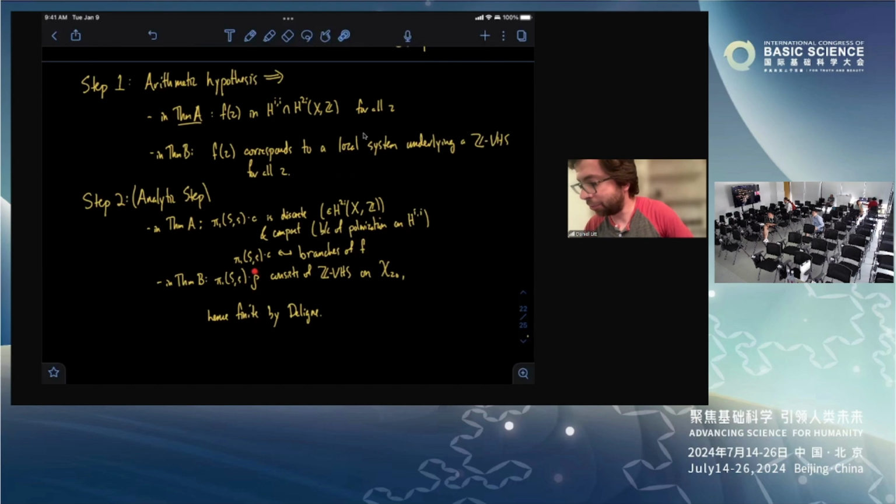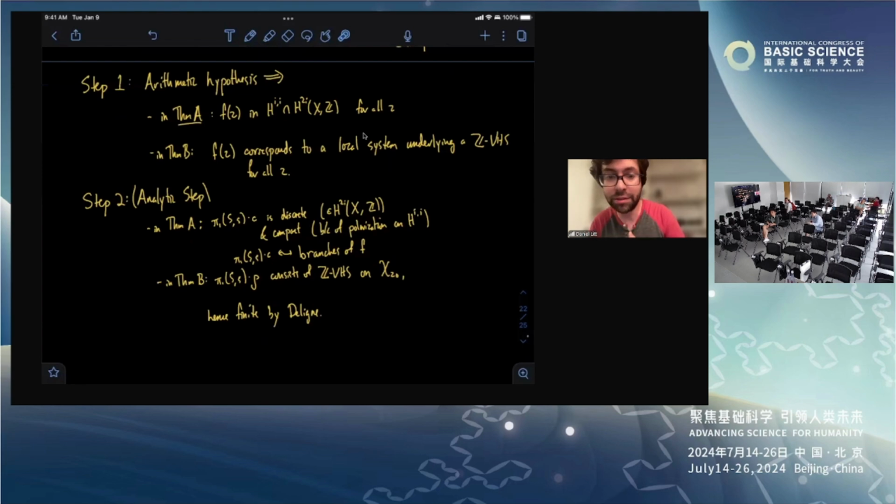So remember, we had a representation rho of pi1 of the fiber of our map. Pi1 of the base acts on that representation, or acts on the set of representations of pi1 of the fiber. And the branches of our function that we're trying to show are finite are exactly the orbit of rho under the action of pi1 of s. Well, what do we know? We know that this orbit consists of Z variations of Hodge structure on our fiber x0, z0. And then Deligne showed that an algebraic variety carries finitely many local systems underlying a Z variation of Hodge structure of a given rank. So again, we get some